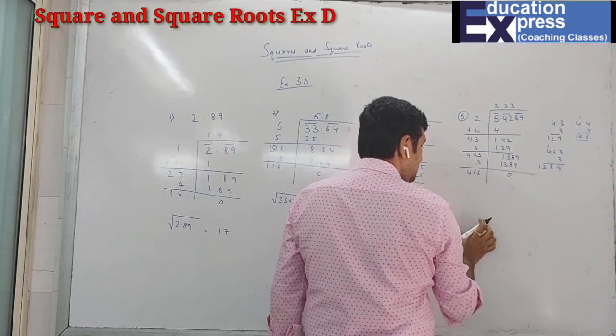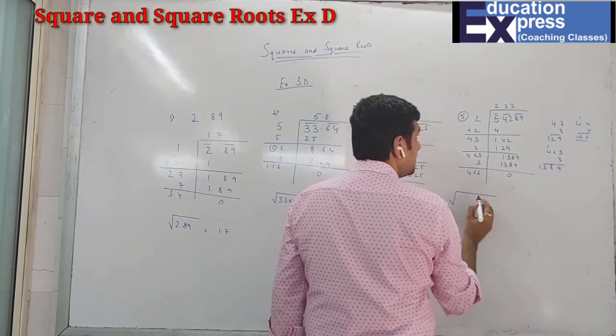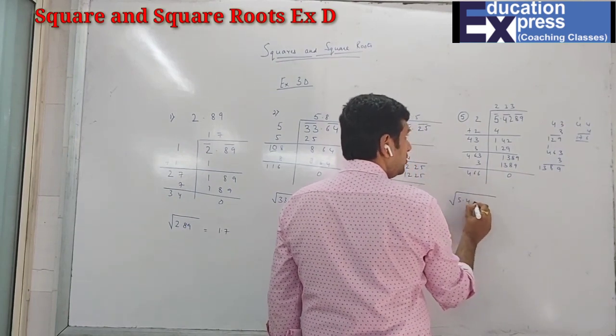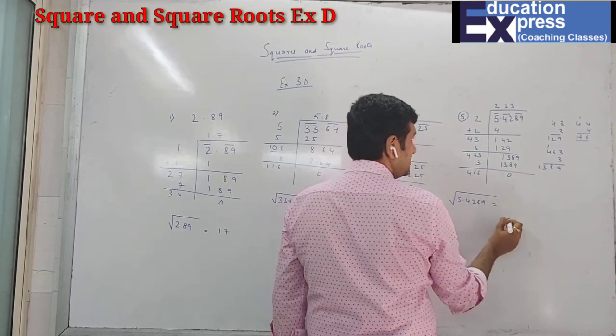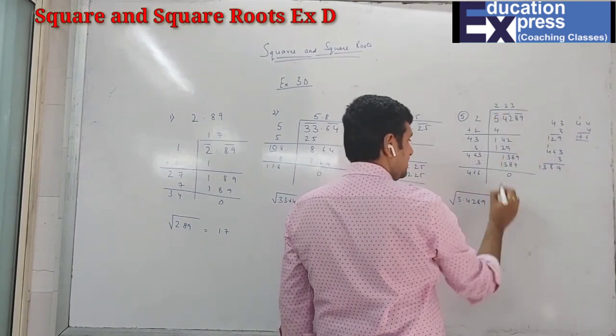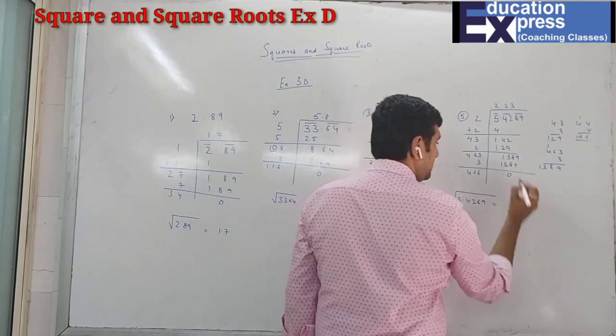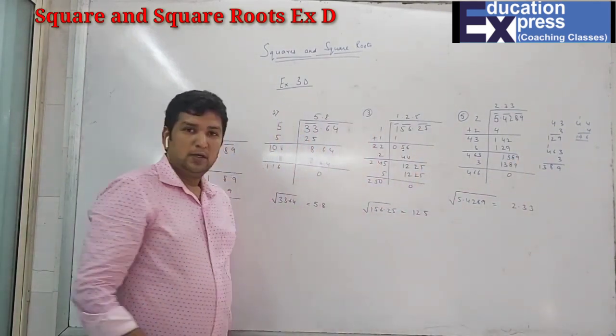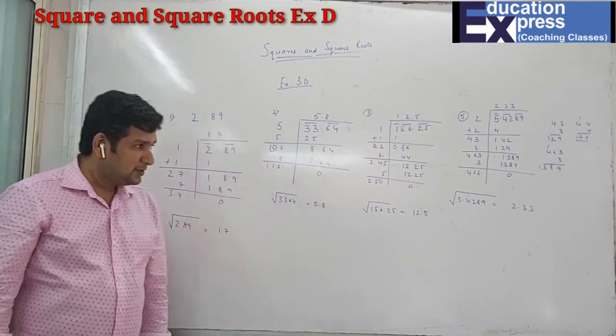Hence, the square root of 5.4289 is, after decimal there are how many pairs? 2 pairs, so obviously 2. So 2.33 is the answer. So till now we have done the 5 sums. Now I'll do a